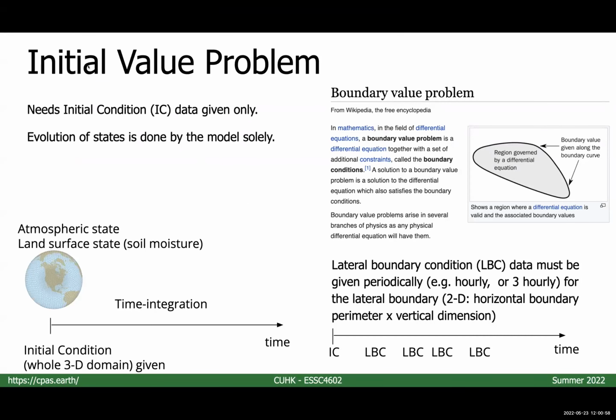I mentioned initial value problems and boundary value problems before, and now I have added slides to introduce them to you. So after you get the mesh and the initial condition data, what is the simulation about? It is what we call time integration, which is to have the data of the atmospheric state and the land surface,